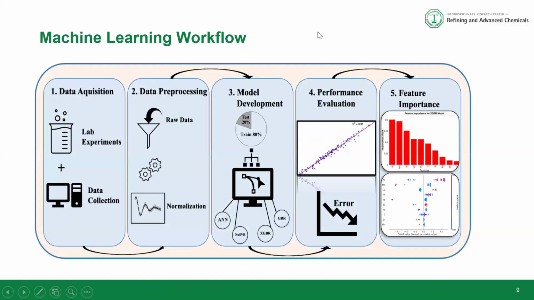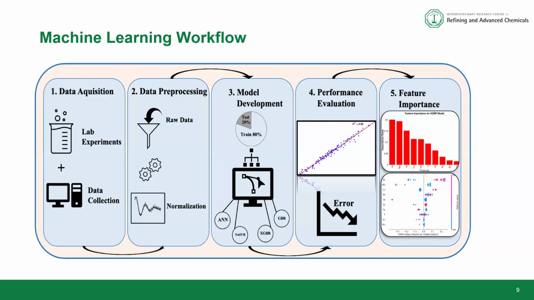This is also very similar to what we have seen in the previous slide. So this is for the particular studies that we have conducted. Our data was acquired in the lab. This is real experimental data that we conducted, so it's not from literature values. And then we did the pre-processing of our data. We normalized the data to be in the range of 0 and 1. And then we developed the model. So we took 80% of the data for training and 20% for validation, that's testing.